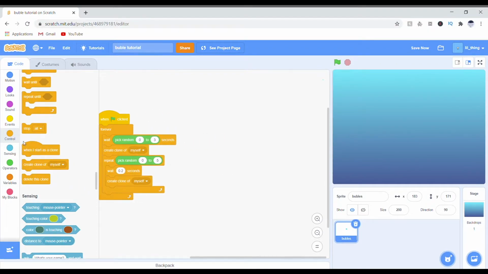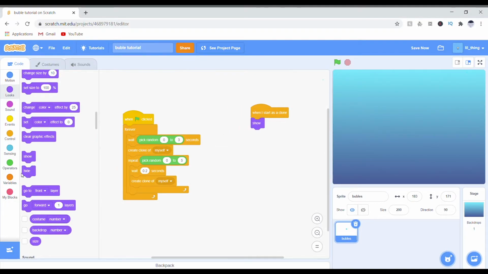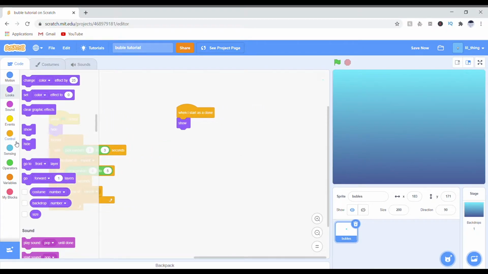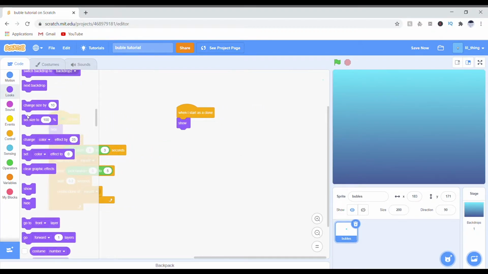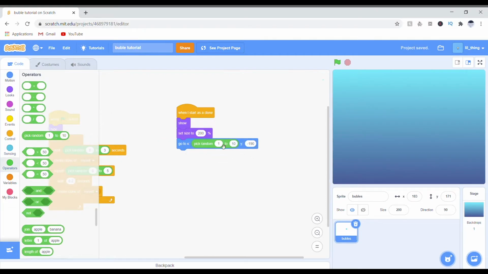There, this is finished. So now when I start as a clone, we're going to show it, and when flag clicked, you hide it. So yeah, we're going to set size to 200. Go to motion, take go to, and put minus 190, and here go to operators, pick random, minus